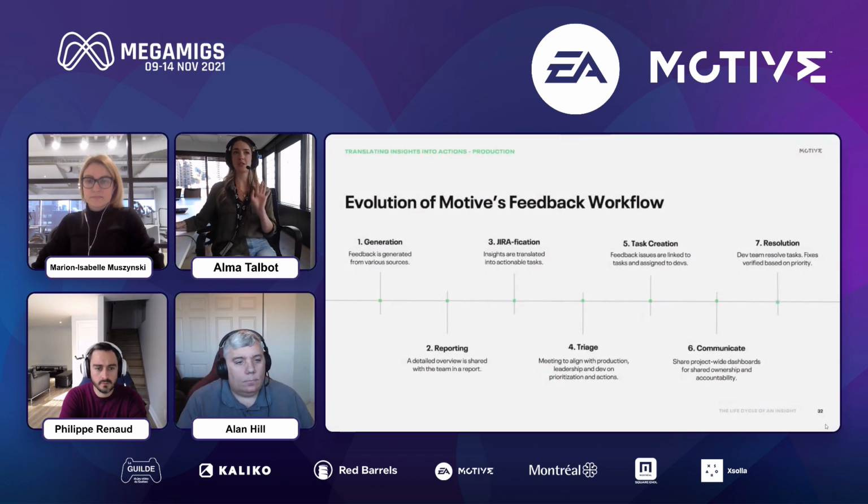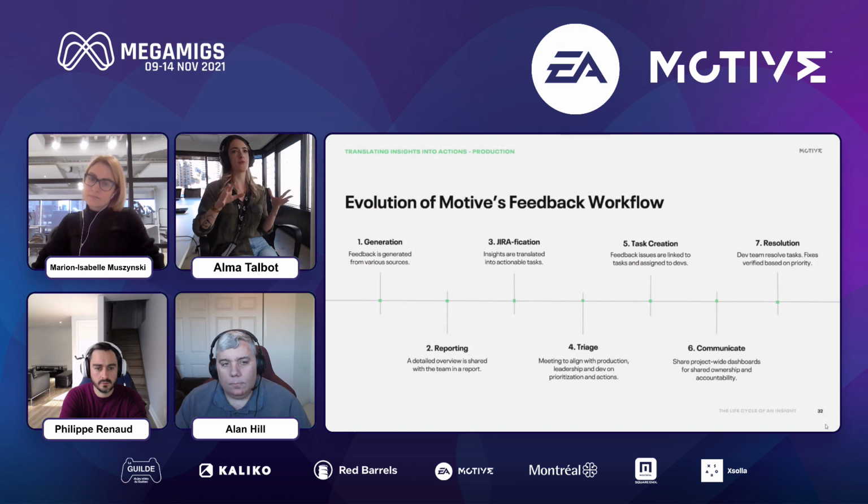So a little while ago, I talked about how this whole feedback process started with a feedback issue type in JIRA, and there was a whole new set of structures and meetings and processes that came along with it. I want to talk a little bit about how that's evolved since Squadrons, because we've adapted it over time based on the various needs of different projects. So I'll walk you through what that looks like.